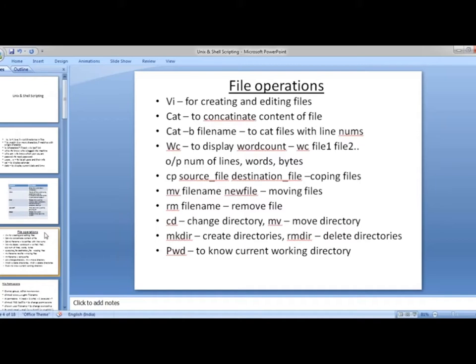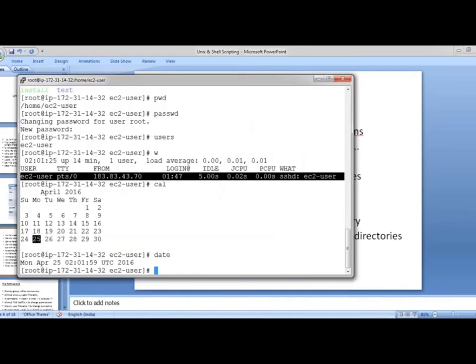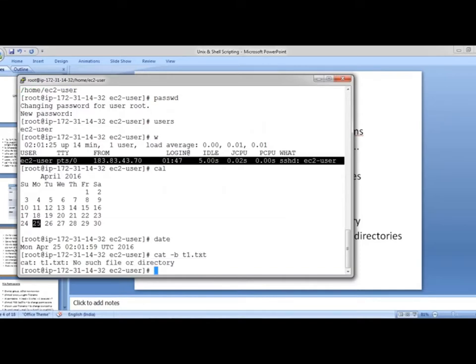So cat -b, space, file name, to display a file with line numbers. Not much difference. Cat -b. We are not there here.